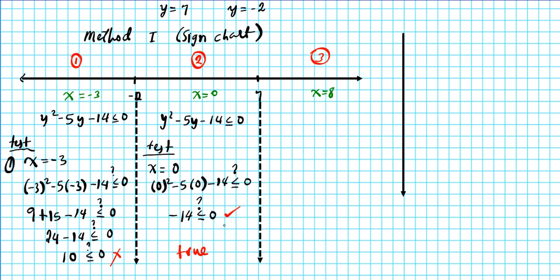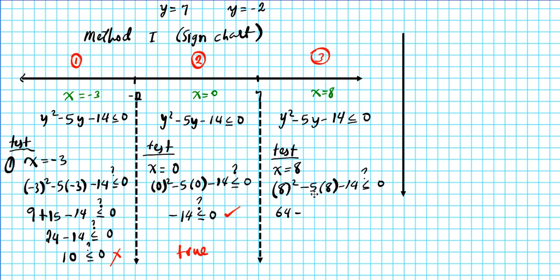Okay, so based on the pattern, we can expect this to be false. Now just to verify, we're going to test using the test value, which is 8. Okay, so let's do that. x equals 8. We're going to plug it into this inequality and see if we end up with a true or false statement. Hopefully it's false. So is that less than or equal to 0? 8 squared is